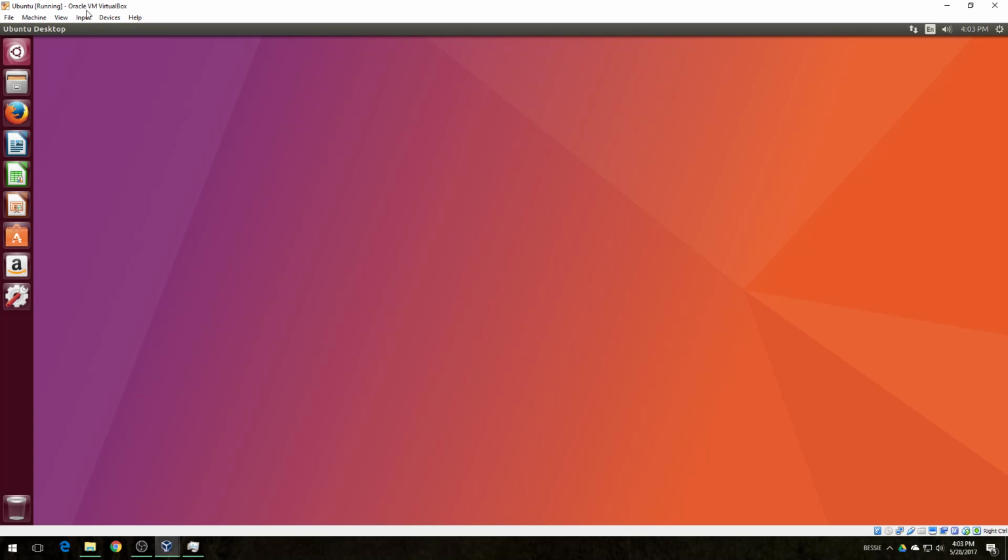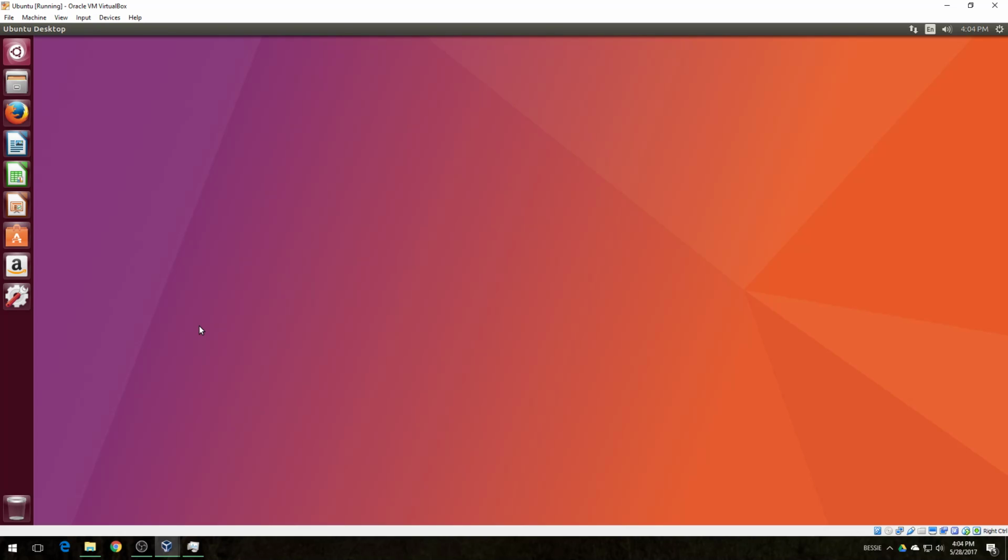Anyway, so this is the Ubuntu desktop operating system. As you can see, I'm running it in VirtualBox, which is on top of a Windows machine. Because quite frankly, Linux on the desktop is pretty much over. I don't think that anyone seriously uses Linux on the desktop. So, I don't know, maybe some people at Google are using it.